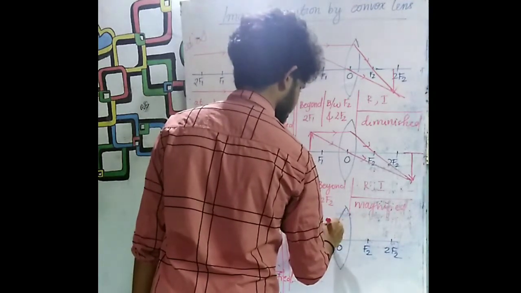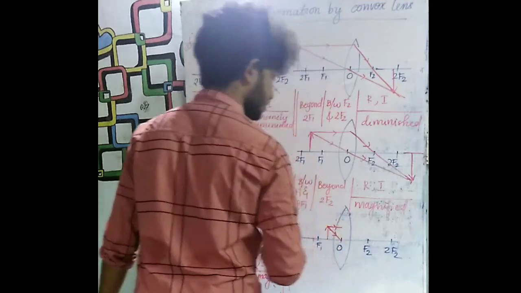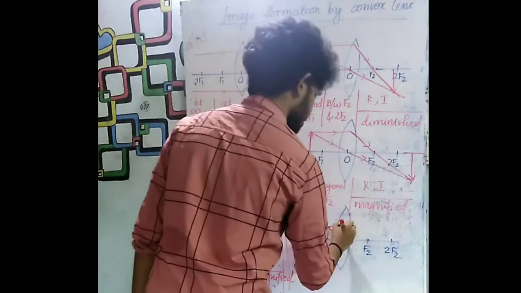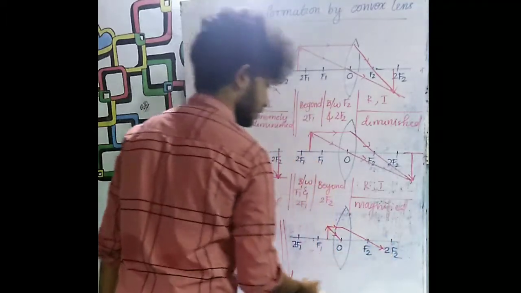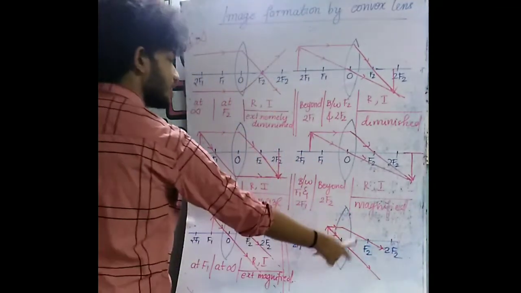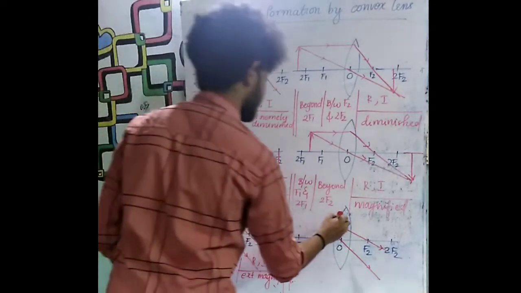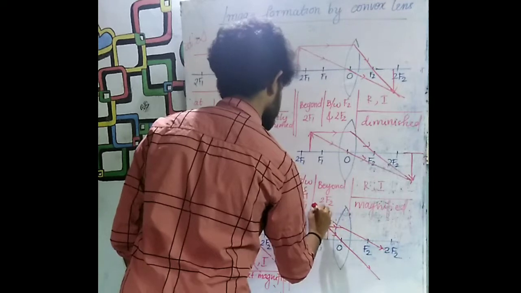Okay, so first ray let it be parallel to the principal axis, and the second ray let it pass through the optic center. This one after refraction passes through f2, and this one passes undeviated. So these two rays are not likely to meet on the other side of the lens, so therefore let us extend it on this side itself.